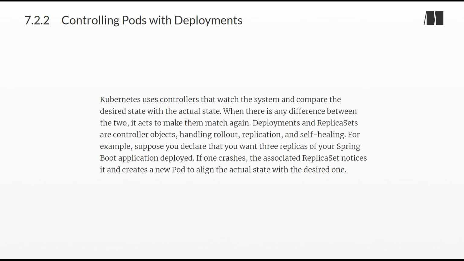Kubernetes uses controllers that watch the system and compare the desired state with the actual state. When there is any difference between the two, it acts to make them match again. Deployments and replica sets are controller objects, handling rollout, replication, and self-healing. For example, suppose you declare that you want 3 replicas of your Spring Boot application deployed. If one crashes, the associated replica set notices it and creates a new pod to align the actual state with